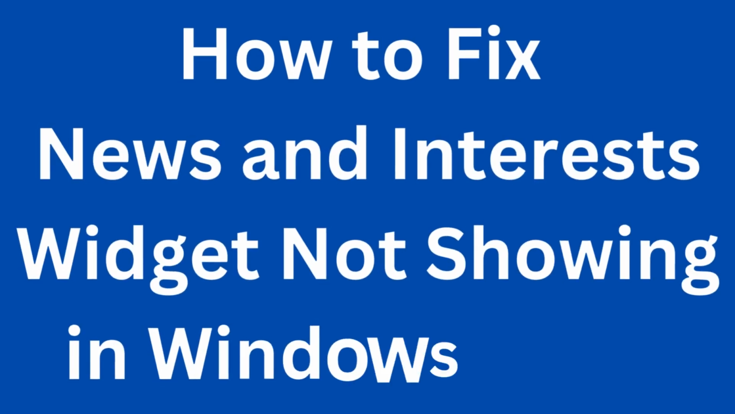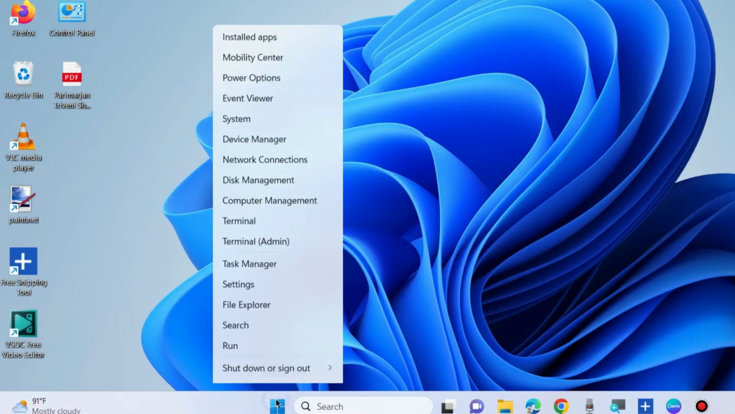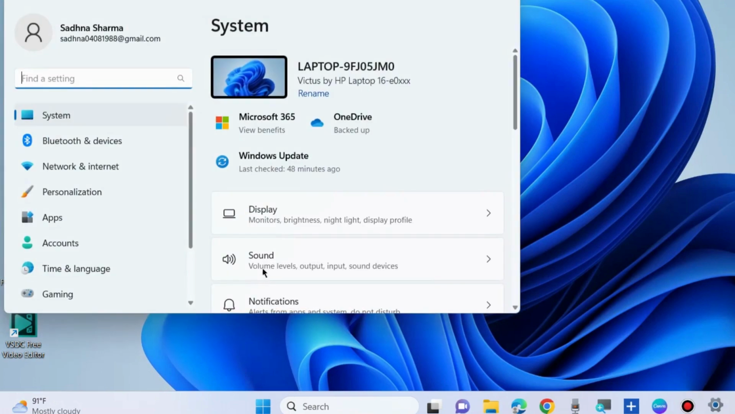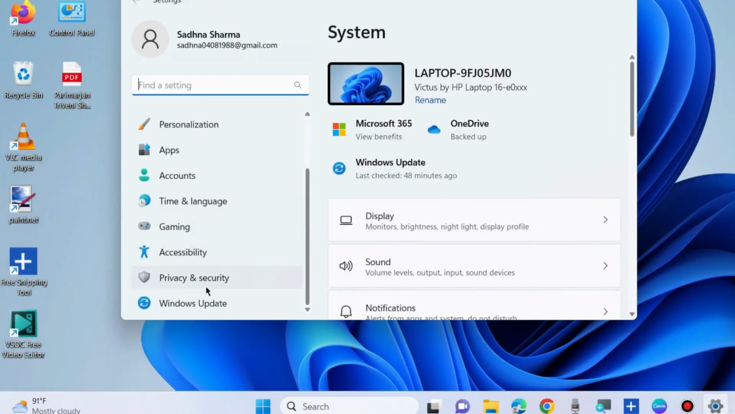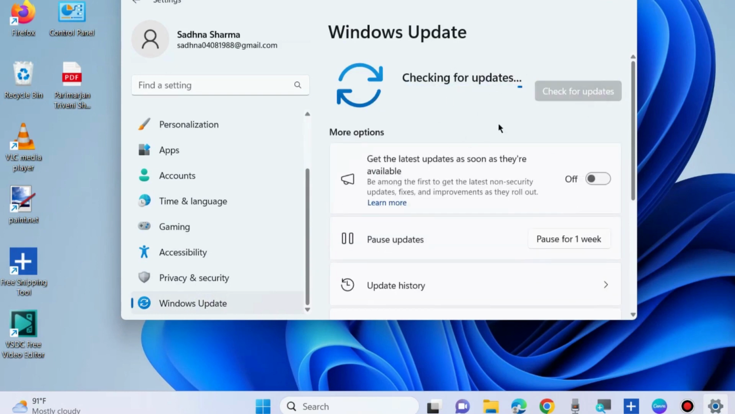News and interests, or widgets, not showing in Windows 10 and Windows 11. You will find news and interests in Windows 10 and widgets in Windows 11. Go to settings. The first workaround is go to Windows Update and check for updates, and if any updates are available,